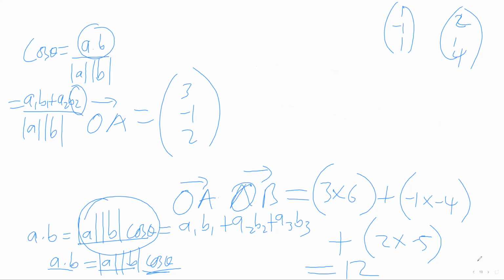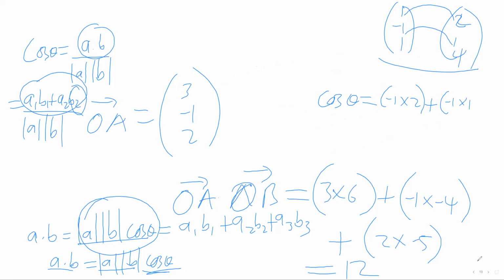Two, 1, 4. Those are 2 vectors given. And then let's say they're asking us to find cos theta. But look at the question. So we have to get the scalar product of these first of all. The scalar product, this times that: negative 1 times 2, plus negative 1 times 1, plus 1 times 4,